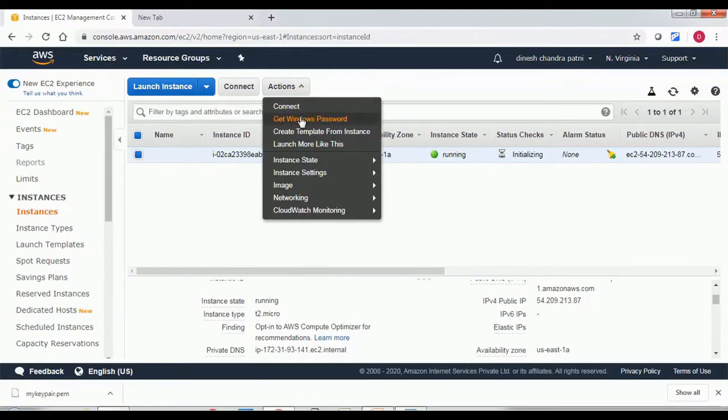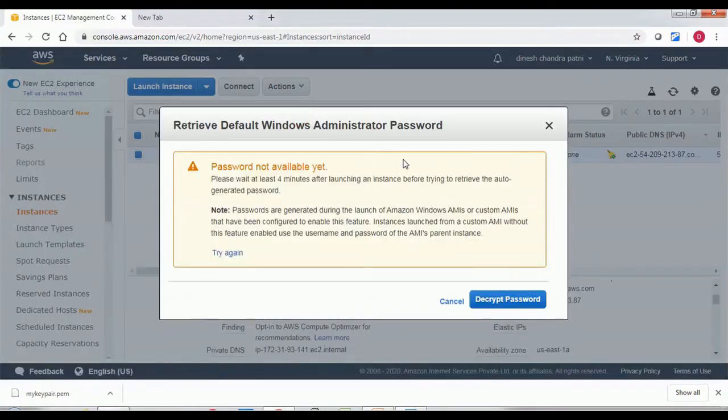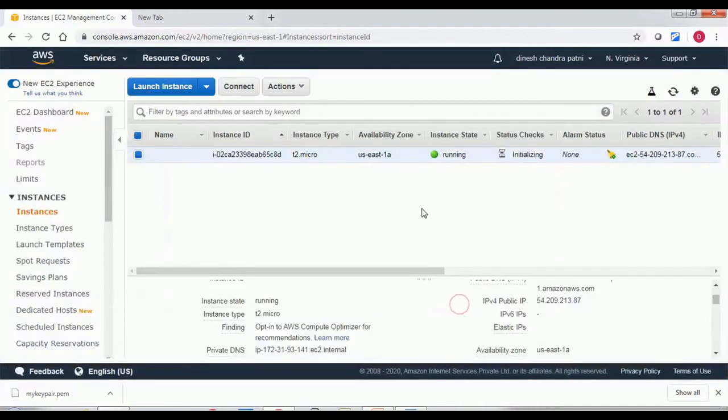Firstly, you need a Windows password. How to access that? You just click on Actions and then click on Get Windows Password. It says the password is not available. You need to wait at least 4 minutes after launching it. So I will wait for 4 minutes.